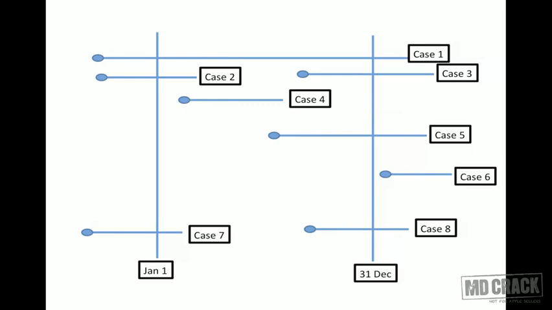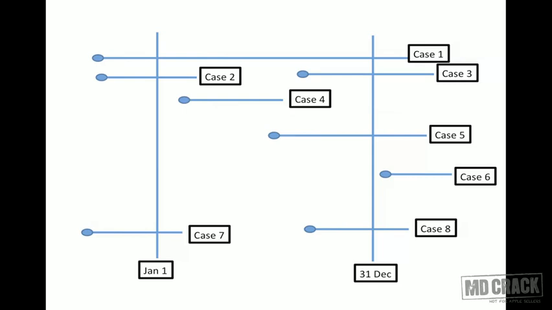I'll spend some time on this. This is important. Get this. Very easy marks. Don't lose it. Just spend 5 minutes here. You will get a lot of MCQs. Point prevalence on December 31st. Again, the same logic. Just count the number of cases which are present on December 31st.